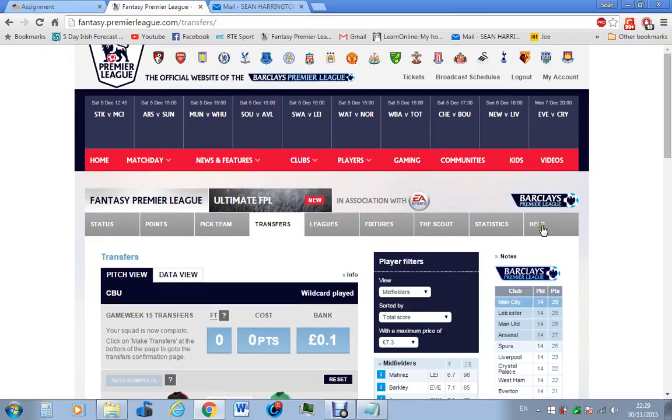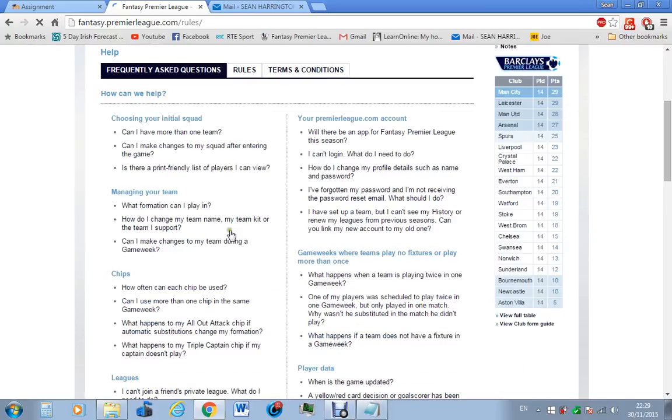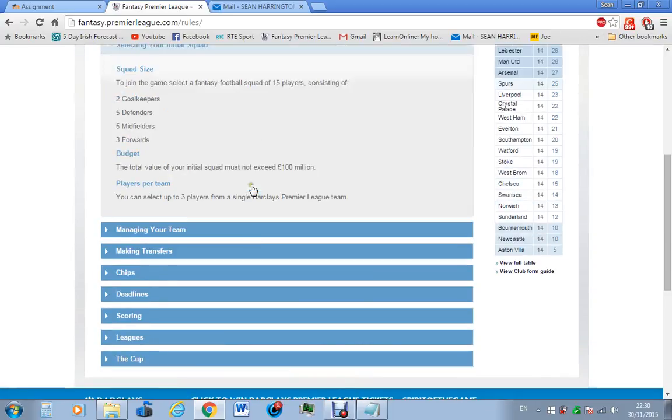And here we go. If you click up here on help, it'll give you all the information. Any questions you have, it'll answer them. Frequently asked questions, here you go. Here's a full list of tips for managing your team. How do I make changes? So I'm going to click up here on the rules. Here it gives you